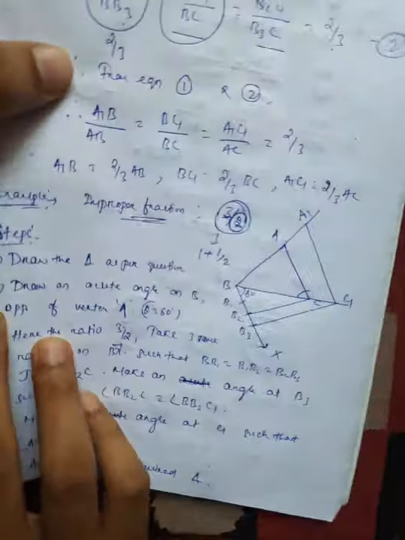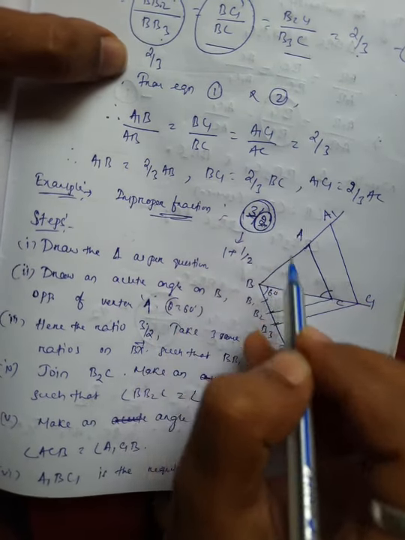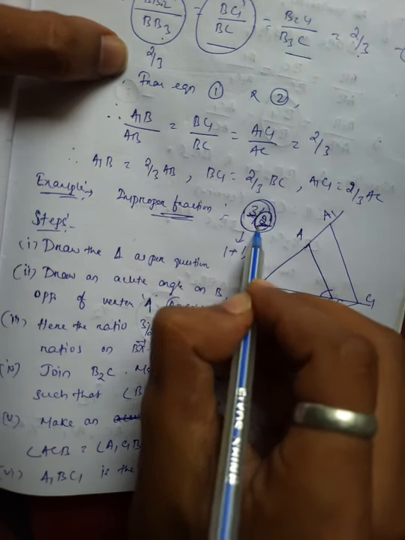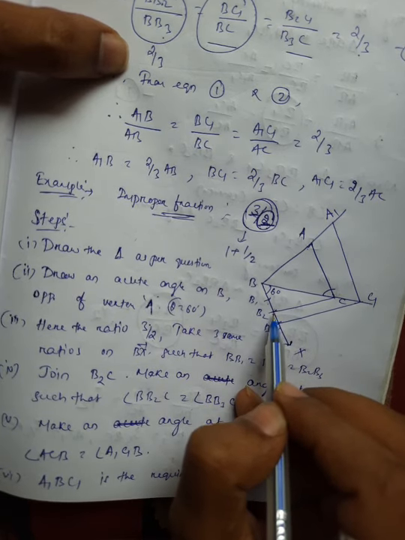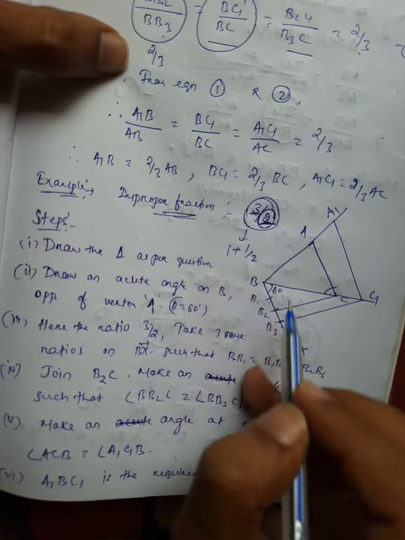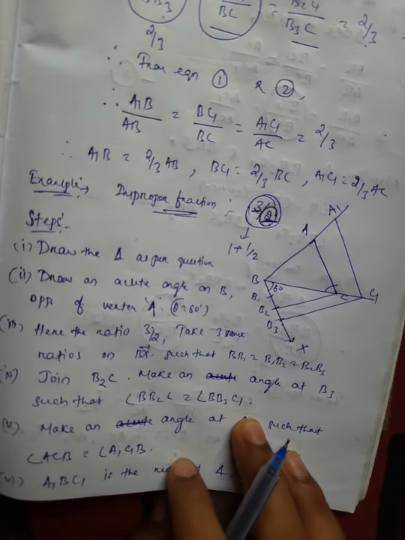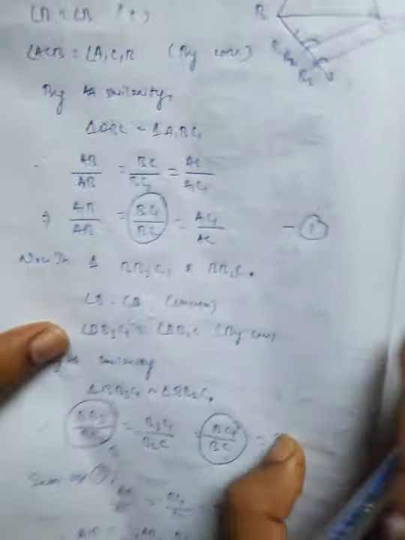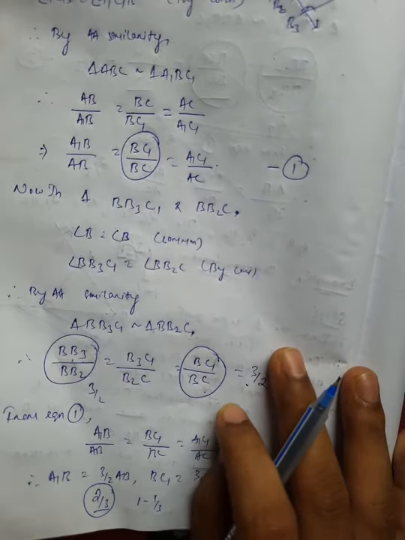But in case of an improper fraction where there is 3 by 2, we have to take the larger ratio, then join the denominator to the last point. The denominator will be 2, here also 2 is present, so this is the construction. So here the construction is complete. I think you all understand. Okay, write down the notes. Thank you. I will see you in the next chapter.